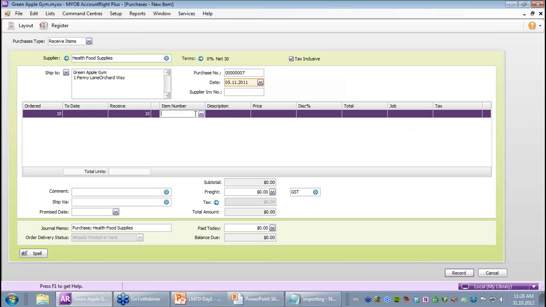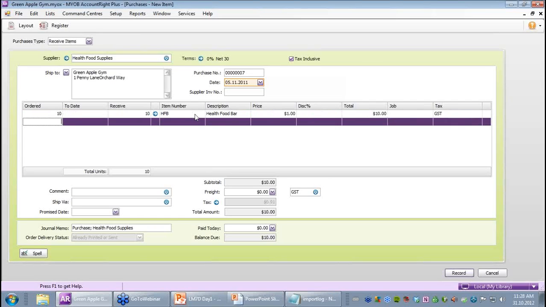We're going to put in item number HFB. The dollar value is not typically reported on the delivery docket. Okay, just in case you're comparing to a delivery docket. 10 in the ordered column, 10 in the received column, and then HFS. HFS, tab through, and on the third row again,